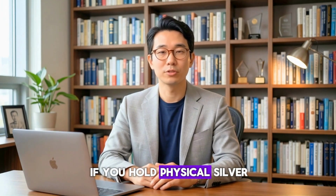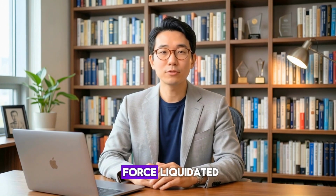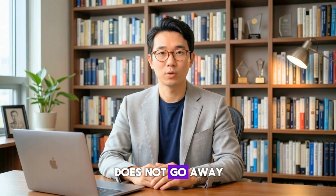Second, if you hold physical silver, the calculus is fundamentally different. Physical silver does not get margin called. It does not get force liquidated. The supply deficit, 6 consecutive years, 230 million ounces short in 2025 alone, does not go away because the paper